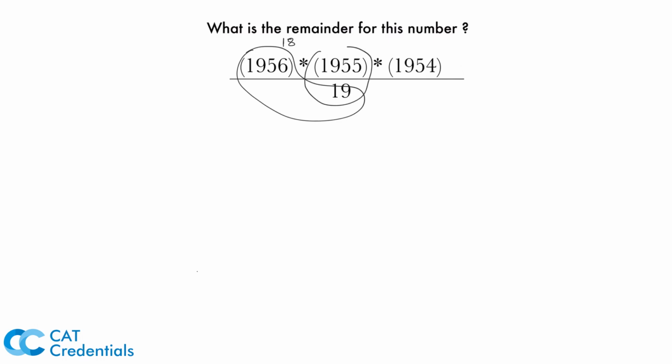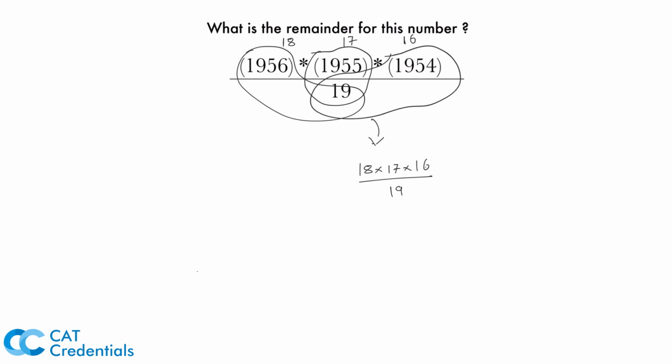Similarly in this case the remainder will turn out to be 17, and in this case it will turn out to be 16. So eventually my problem gets reduced to 18 into 17 into 16, the whole thing being divided by 19. Now I can just straight away multiply 18 into 17 into 16 and reach my answer, but now I'll